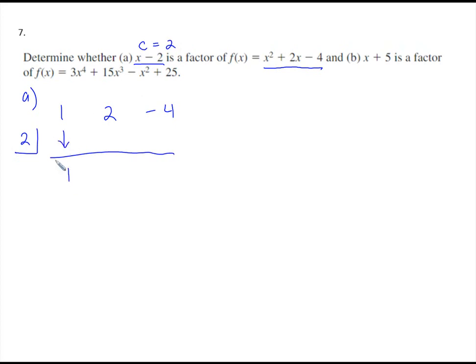Let's drop this down. 2 times 1 gives me 2. Add, I get 4. 2 times 4, that's 8. Add, I get positive 4. Now what you care about is your remainder. If your remainder is not 0, that means x minus 2 is not a factor. So is x minus 2 a factor of this? No. x minus 2 is not a